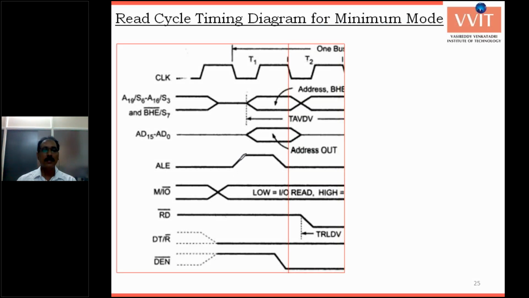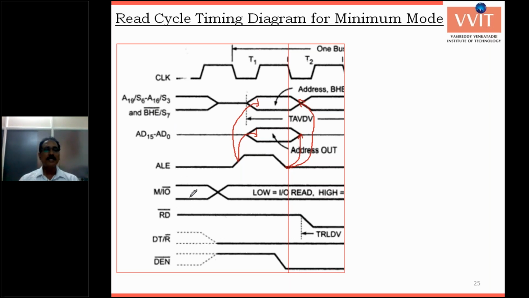If ALE is 1, these lines carry the address. ALE 1 indicates the address. When ALE is 0, it closes the address transaction. It is synchronized by the ALE. AD0 to AD19 carry the address or data, depending on the ALE. When ALE is enabled, those lines are indicated as the address.